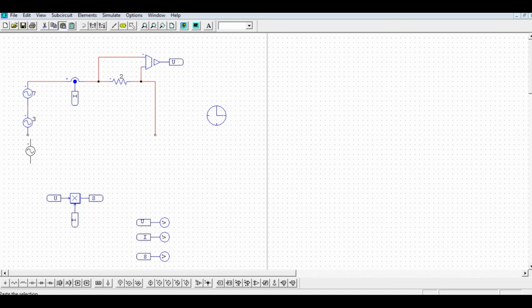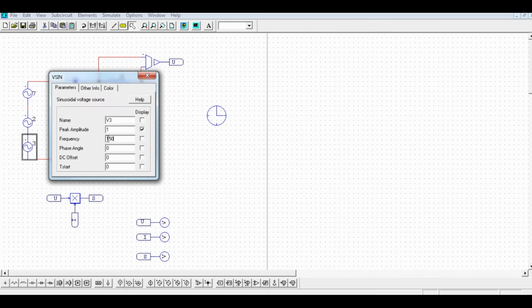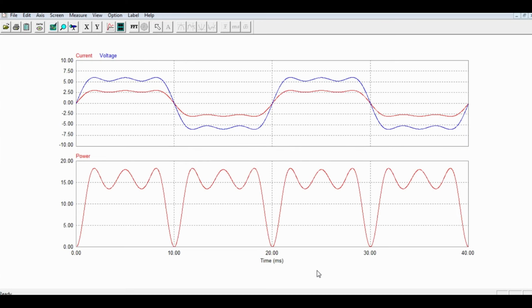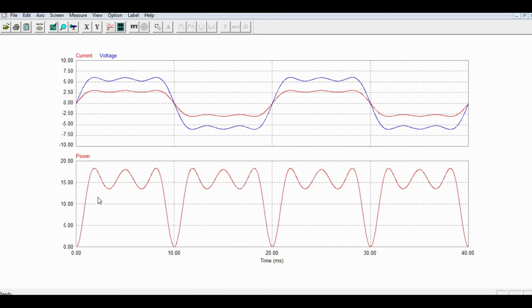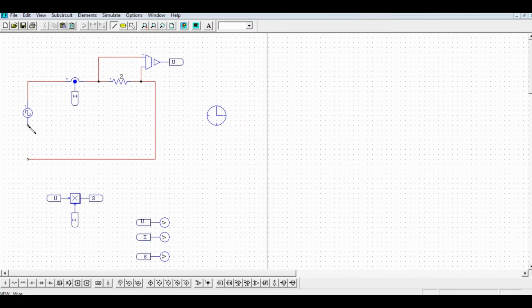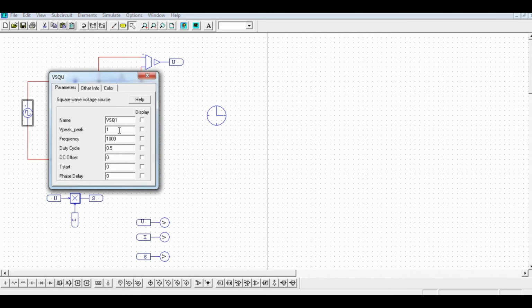Let's add another harmonic and see if we can form a pattern to conclude this video. So let's start by adding another power source with lower amplitude and a frequency of 250 Hz. This is called the fifth harmonic. Now the waveforms look even more distorted and the FFT spectrum is composed of the first order harmonic or fundamental and also the third and fifth order harmonics. But do you notice any tendency here? It looks like if you continue to add harmonics, the waveform starts to look more like a square wave. In fact, a square wave is composed of an infinity of harmonics.